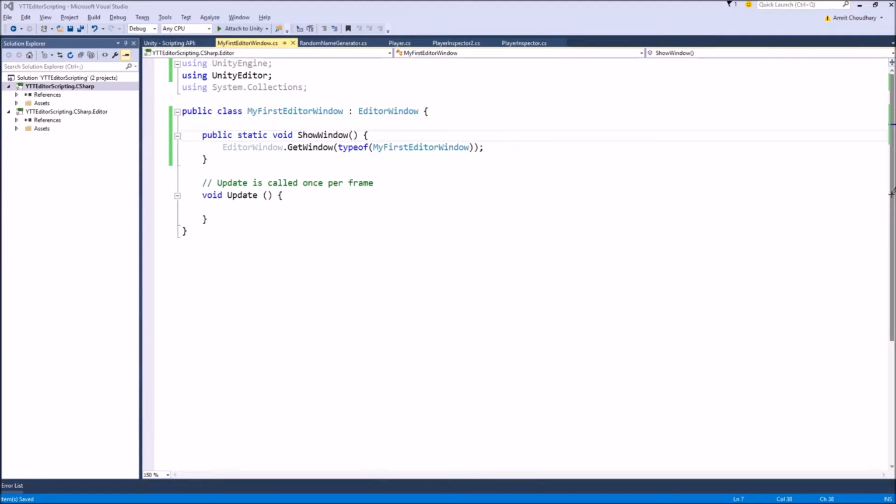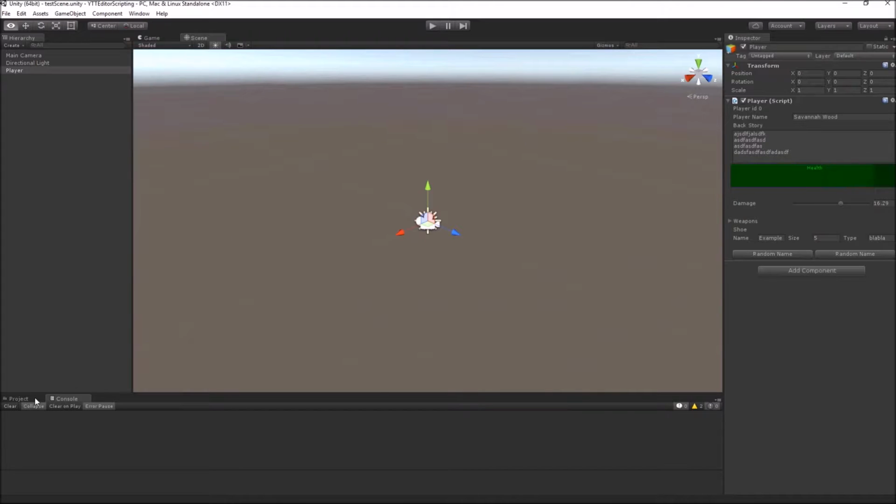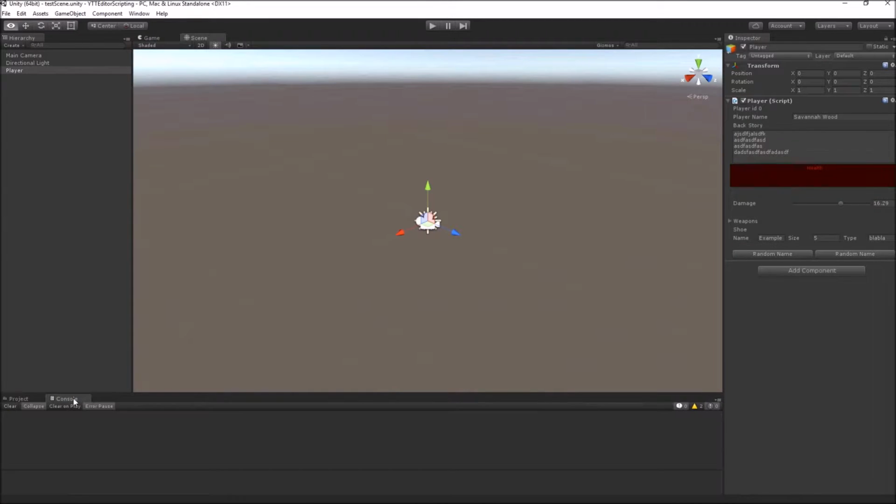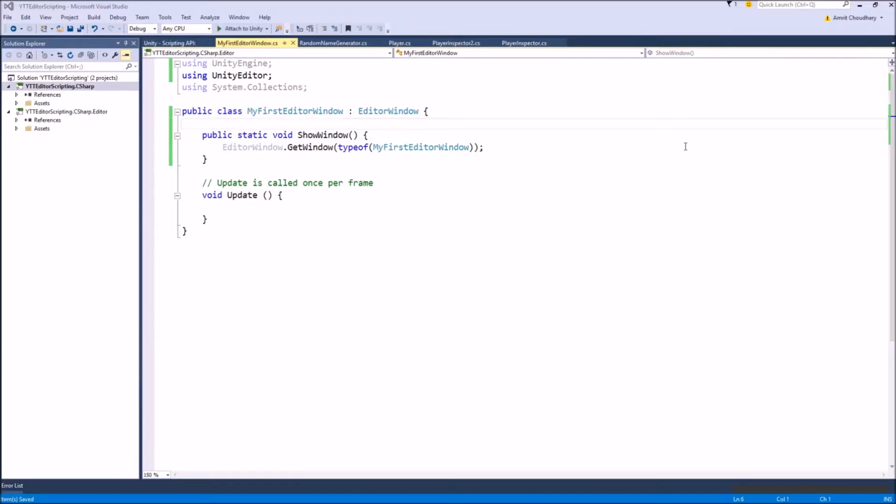What the GetWindow function does is that if there are no editor windows of the type MyFirstEditorWindow, it will create the window. Or if your scene already has a window of that type, for example in this case we already have an editor window for the console, and suppose it is hidden, and then you call the GetWindow function, it will just make it visible and focus your view on this window.